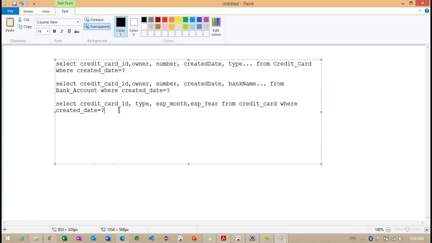Getting the point. So these are the specific columns for the credit card here. Now we did not include the superclass columns here. So I want to load only the specific columns which are available inside this particular credit card.